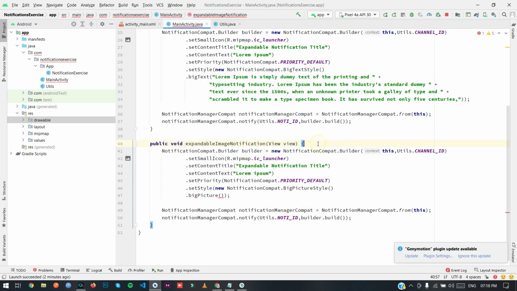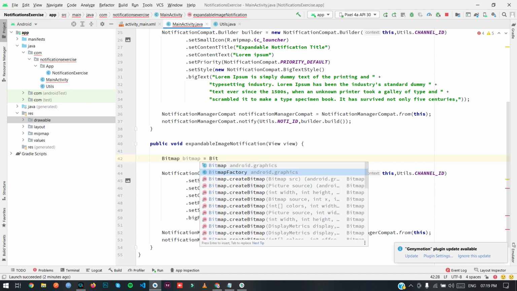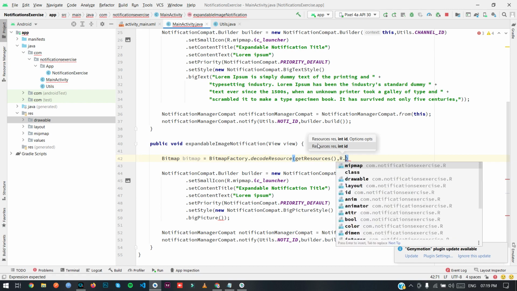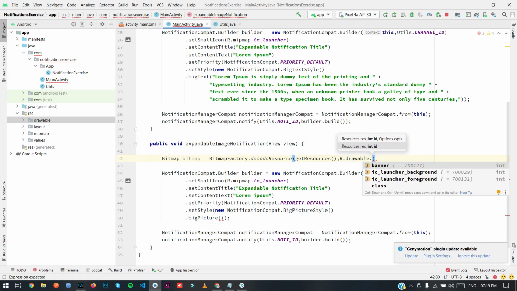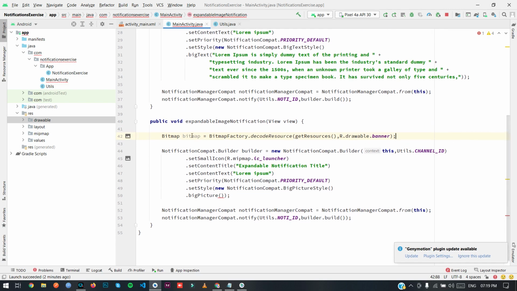Okay. Now I'm gonna create a bitmap here, using BitmapFactory.decodeResource, getResources and the ID, R.drawable.banner. Okay, we have successfully created a bitmap.